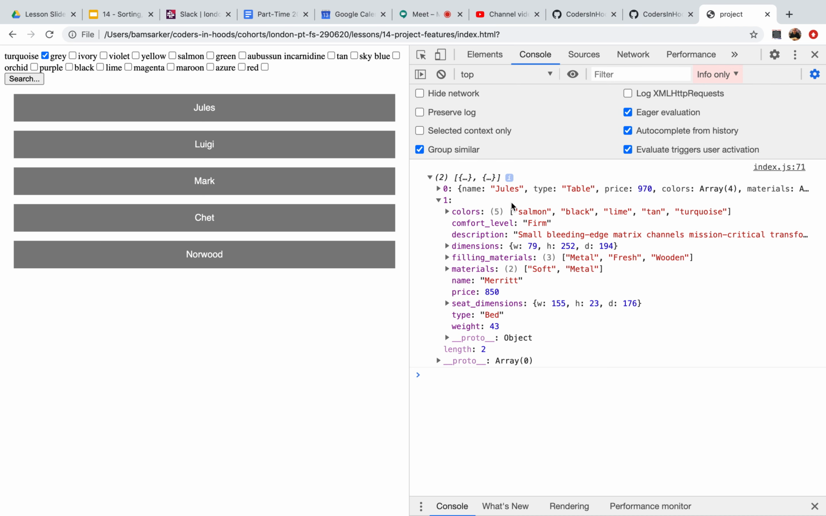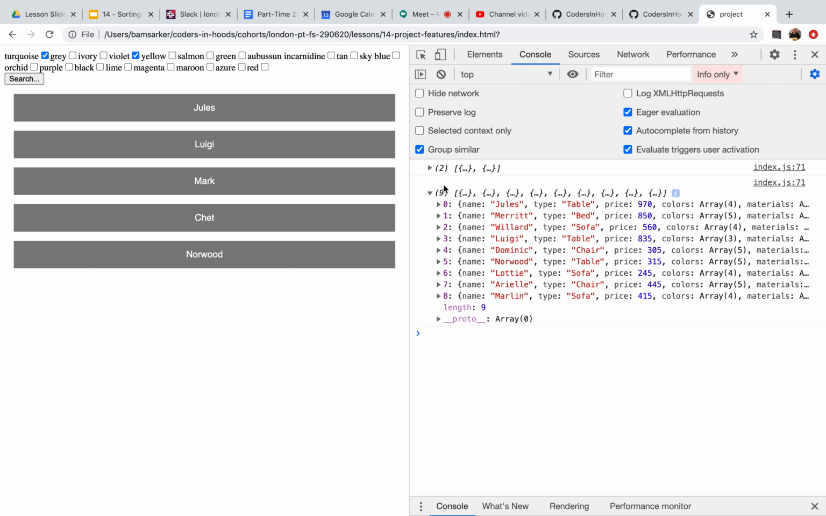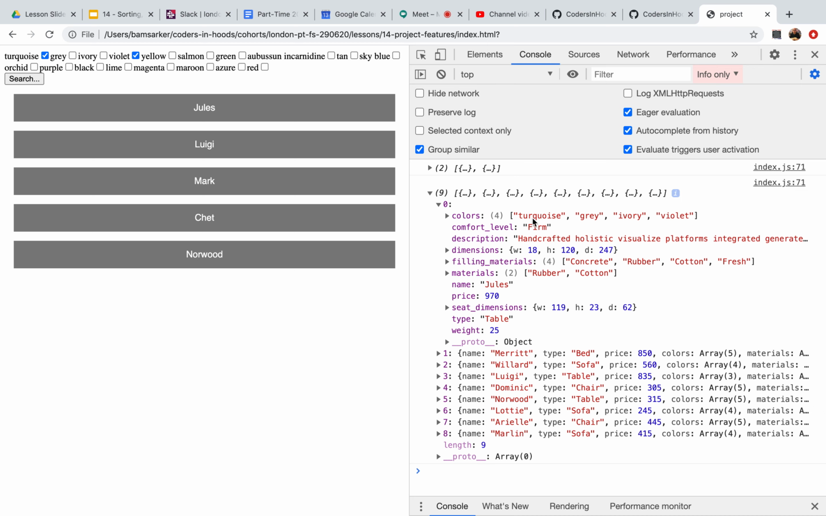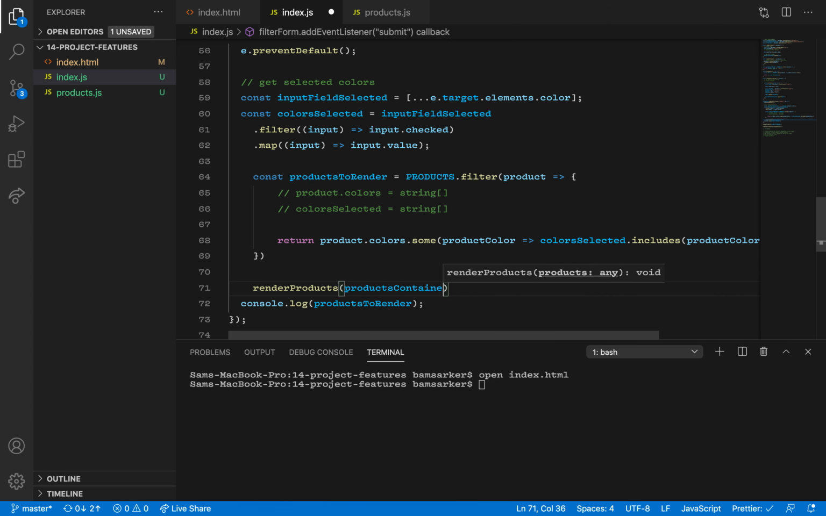And finally, we get only 2. Both of these should have turquoise. There's turquoise and there's turquoise. Now, if I choose turquoise and violet, I have 9. There's turquoise, that's actually turquoise and violet, but this one just has turquoise, this one just has violet, this one just has violet, and so on. So now we call our render products to render,